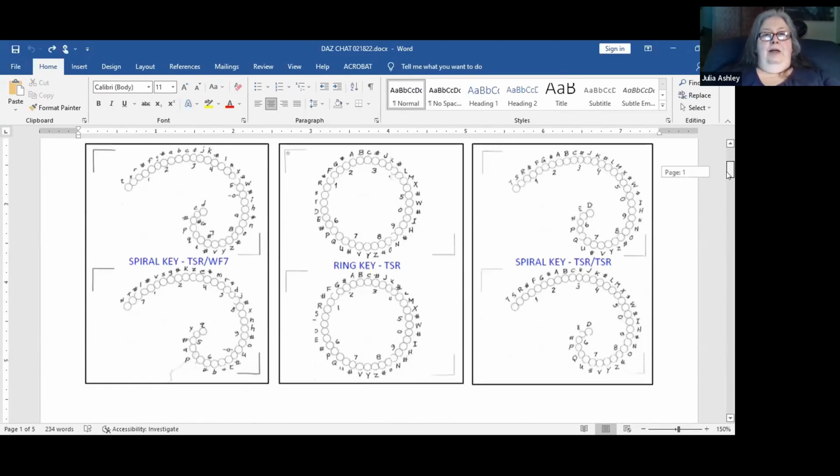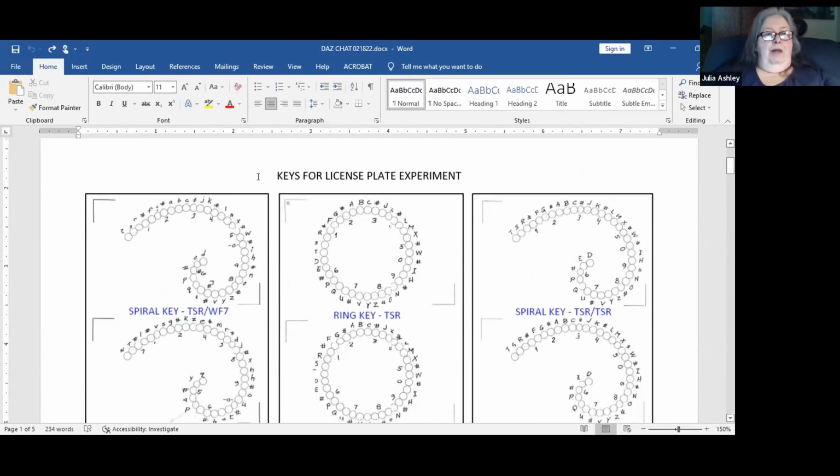So these are keys that I set up. The first one, I'm calling it the TSR WF7, because this first curve, and I tried to make these pretty random, TSR and then a number 1 and then an F in that order. I didn't want it to be alphabetic. I didn't want to remember the curve. But I wanted to alternate back and forth. If I was doing 6 characters on a license plate, the next time I wanted to use a different key. So my second one was WT number 7, and then an L and a number 1.